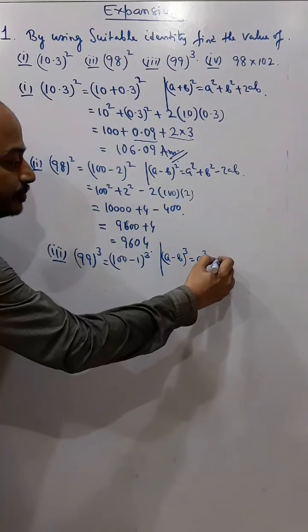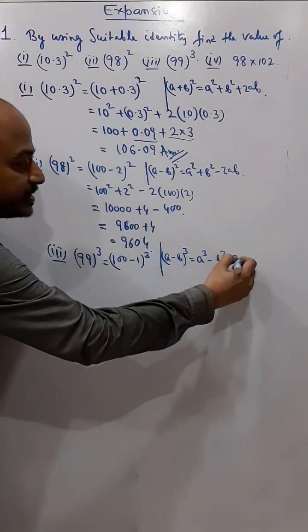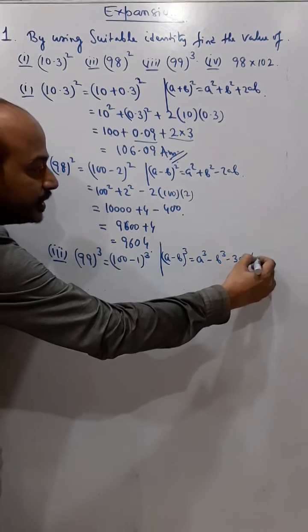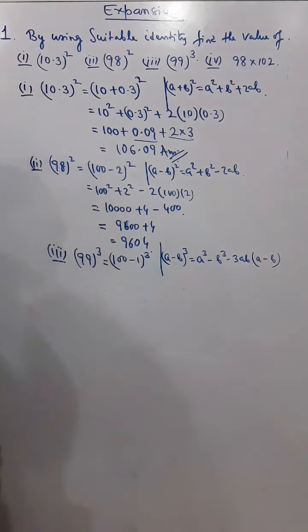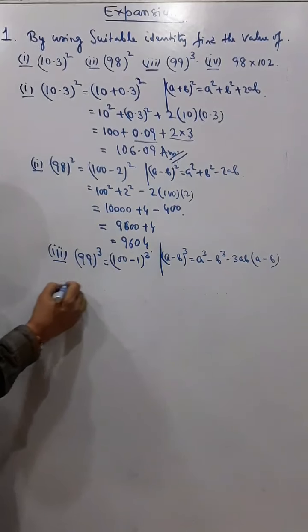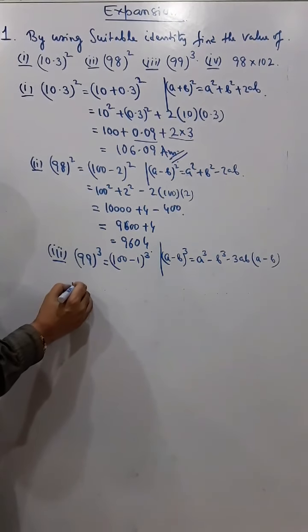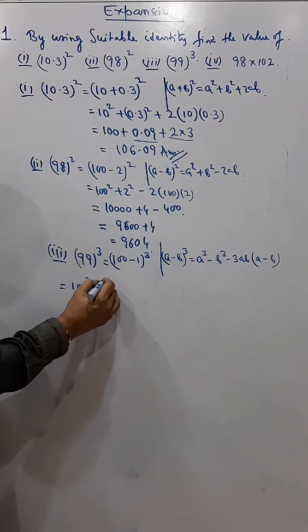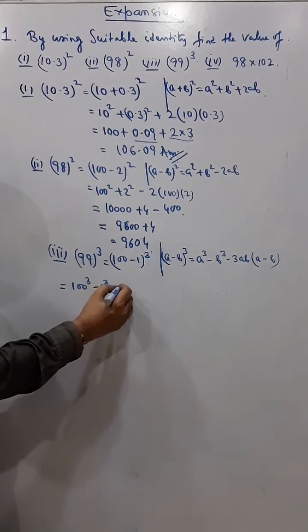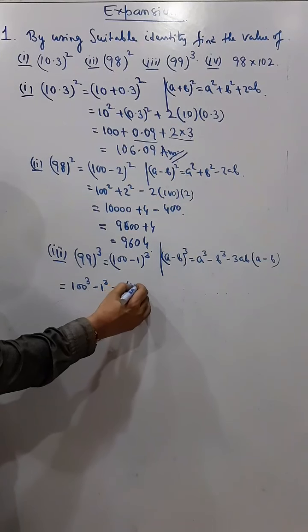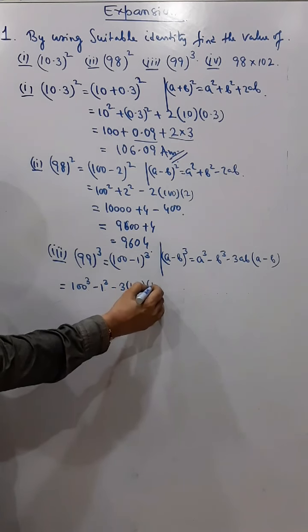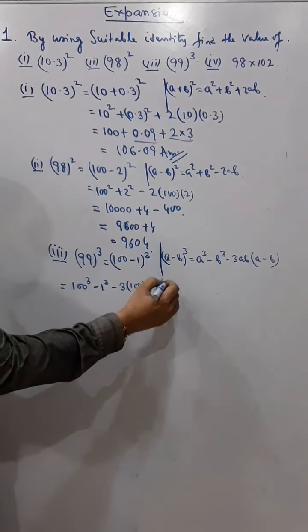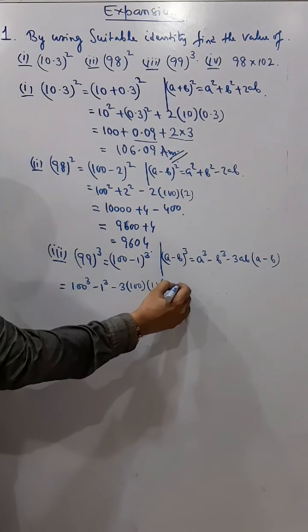It is a cube minus b cube minus 3 into a into b, and in bracket a minus b, right? So we got 100 cube minus b cube means 1 cube minus 3 into 100 into 1, and in bracket we have what? 100 minus